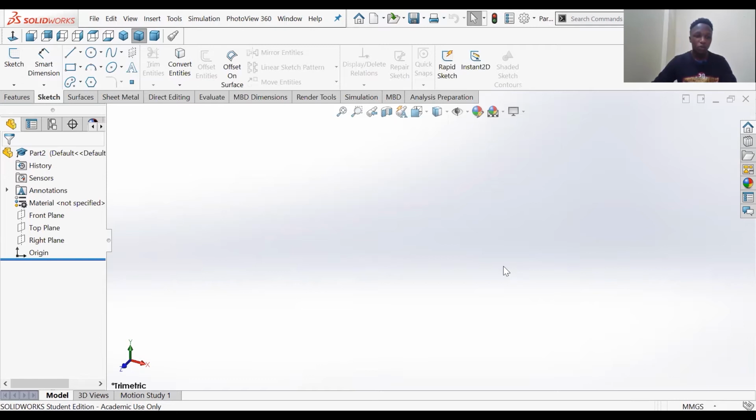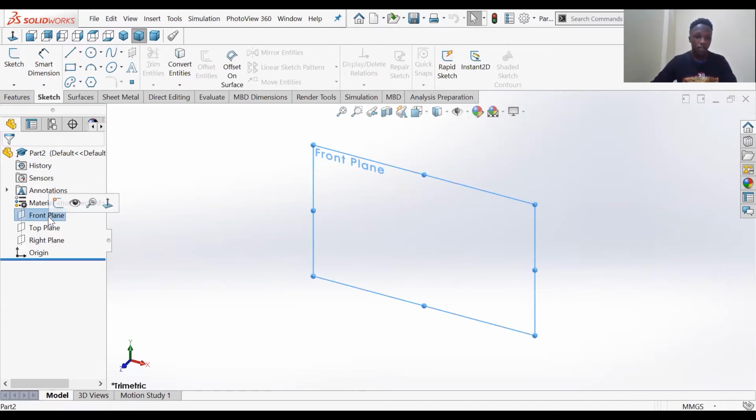The first thing you have to do is to choose a default reference plane, which is provided under the design tree. Our design tree gives us several options, and we are going to be using these default reference planes. If you want to do 2D sketching, just click on one plane. Let's say you want to click the front plane. And then there is this